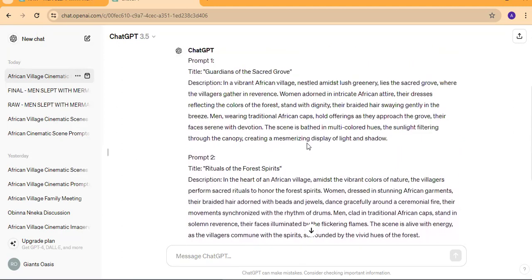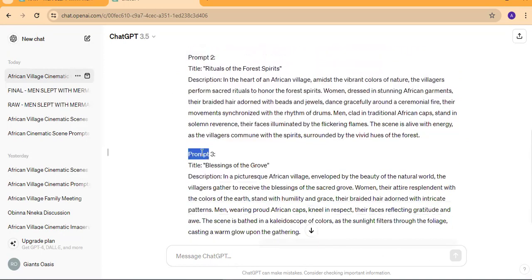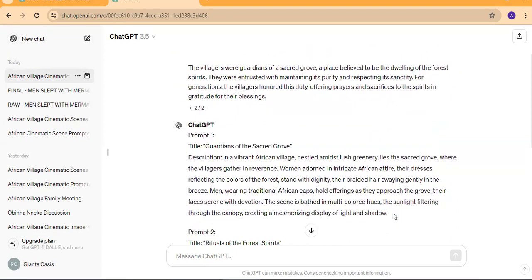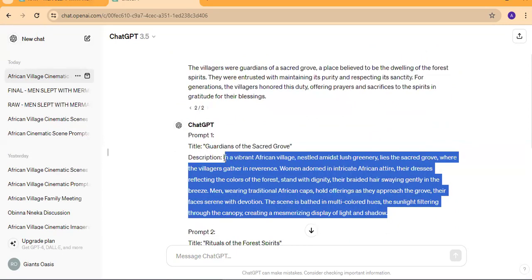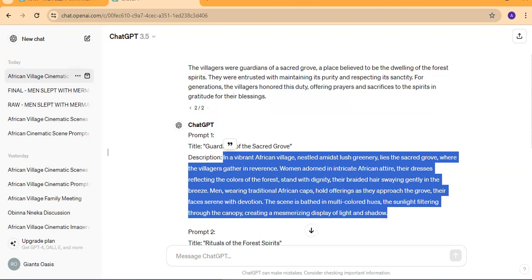Okay, so you can see right here, this is the first prompt. This is prompt 1, prompt 2, and prompt 3. So I think these ones are clearer. So we are going to copy this. Don't copy the description. You can see where it started, Description colon. So you start from this. So copy. Then go back to